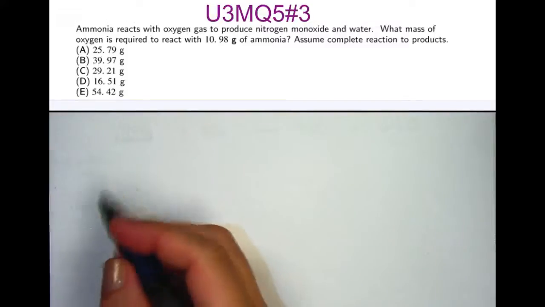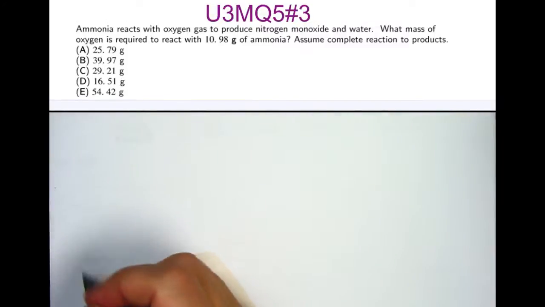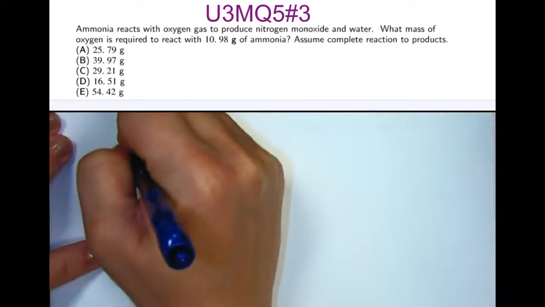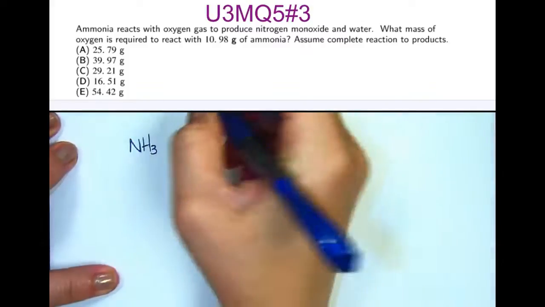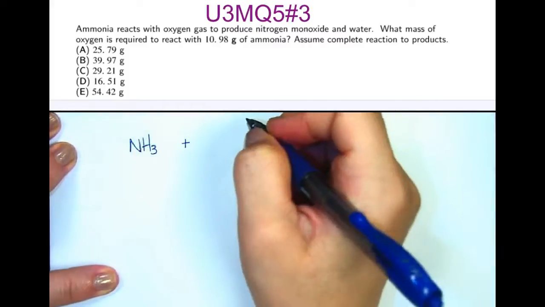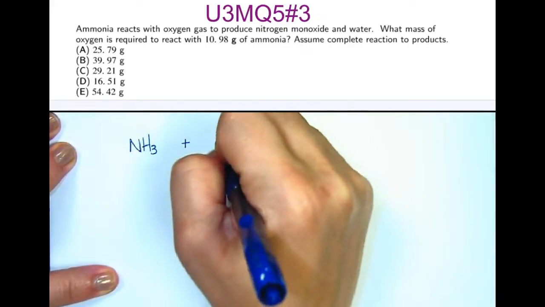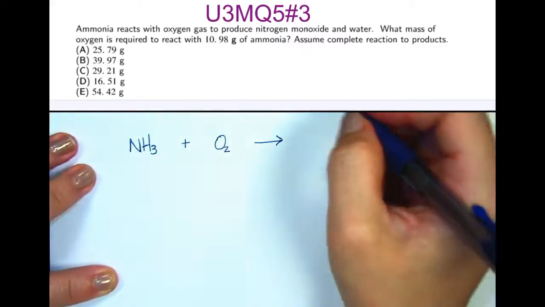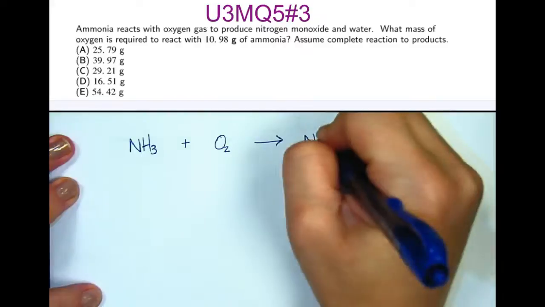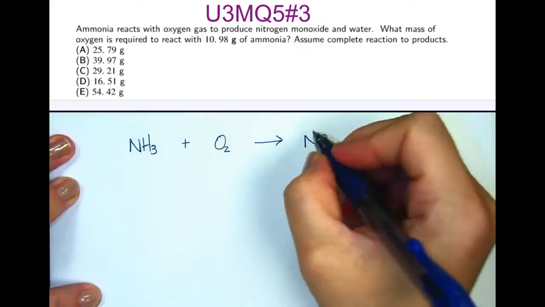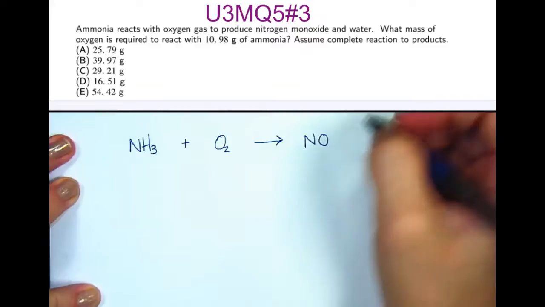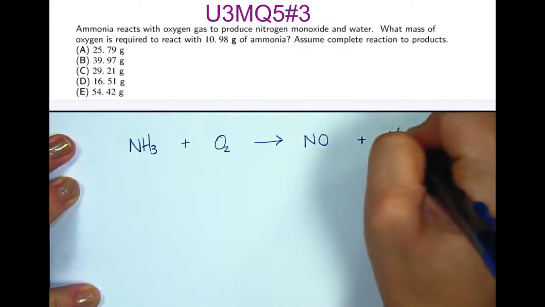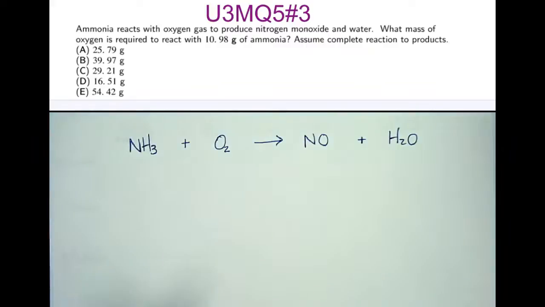Ammonia reacts with oxygen gas to produce nitrogen monoxide and water. We're going to have to translate this equation and balance it first. So ammonia, which is NH3, reacts with, means put a plus, oxygen gas. Oxygen's a diatomic, so we'll put O2. To produce, so we'll draw the yield sign, nitrogen monoxide, so that's NO, and then it's 1 nitrogen and 1 oxide, plus water. It's actually a rather difficult equation to balance, so we'll just kind of work through it one